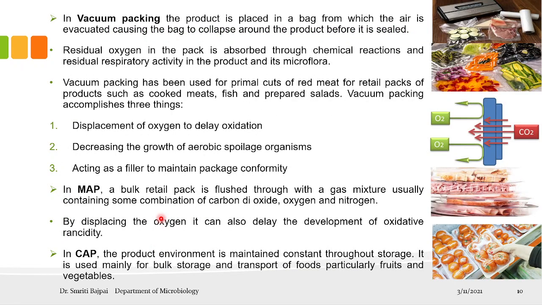Now, firstly, the vacuum packing. What we are doing here is we evacuate the bags in which we are sealing or packaging the food item. So the residual oxygen that is packed inside with the food will be absorbed through the chemical reaction and the residual respiratory activity in the product and its microflora. That is used primarily for meat or fish, prepared salads. We all have seen these types of packages. The activity of the microbes is very low because the residual oxygen will be absorbed. So that is also one of the